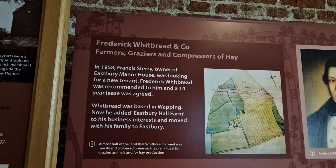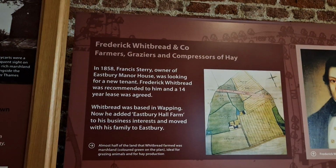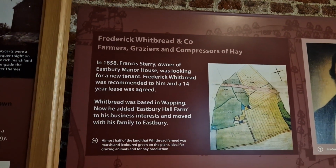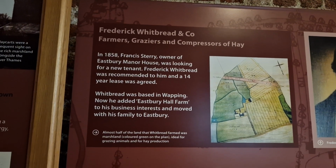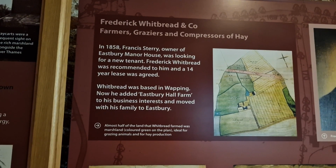Whitbread was based in Wapping. Now he added Eastbury Hall Farm to his business interests and moved with his family to Eastbury. Almost half of the land that Whitbread farmed was marshland, coloured green on the plan, ideal for grazing animals and